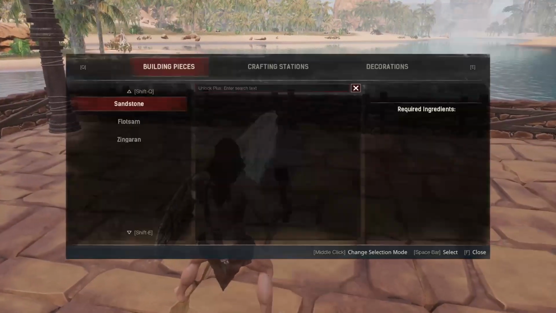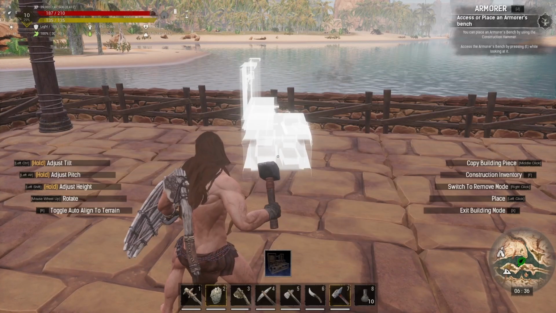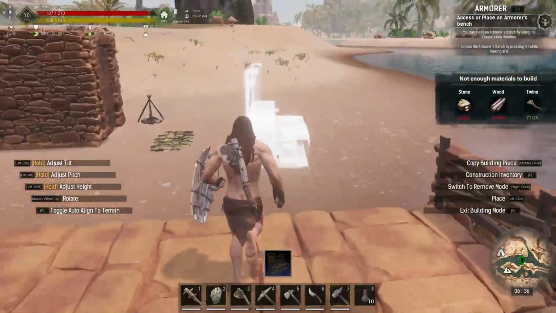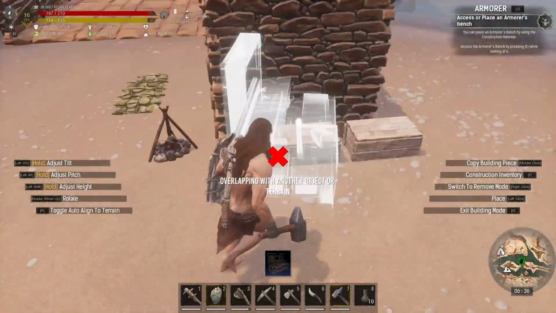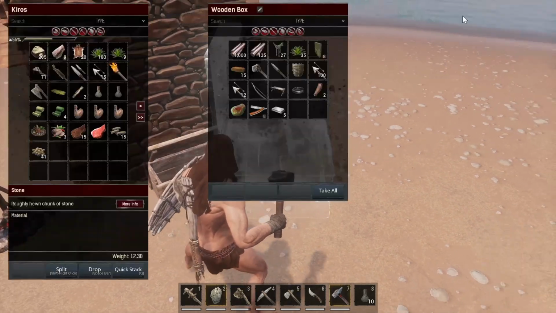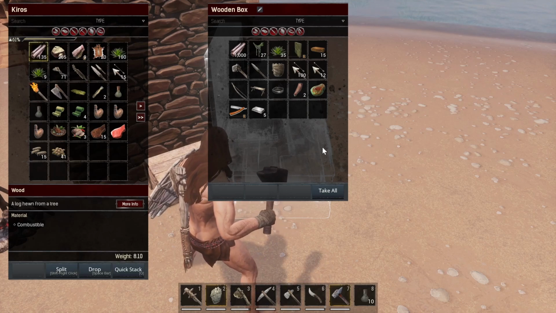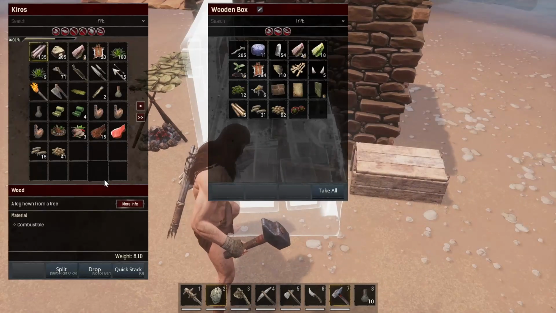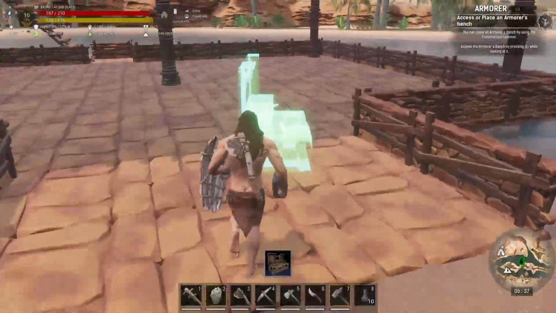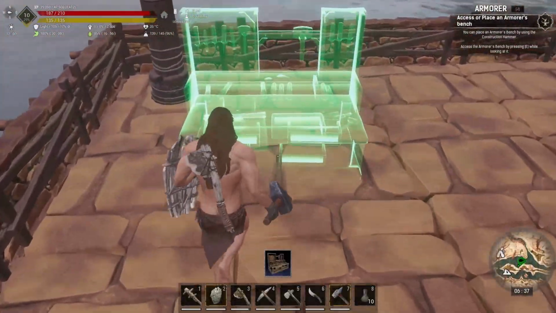So now it wants us to craft an armorer's bench, which we need 200 stone, 100 wood, and 25. I'd have just enough stone. Just enough. I have plenty of wood. Let's see, anything else in here? Might as well go ahead and take out all the... And we'll go ahead and put our armorer's bench...